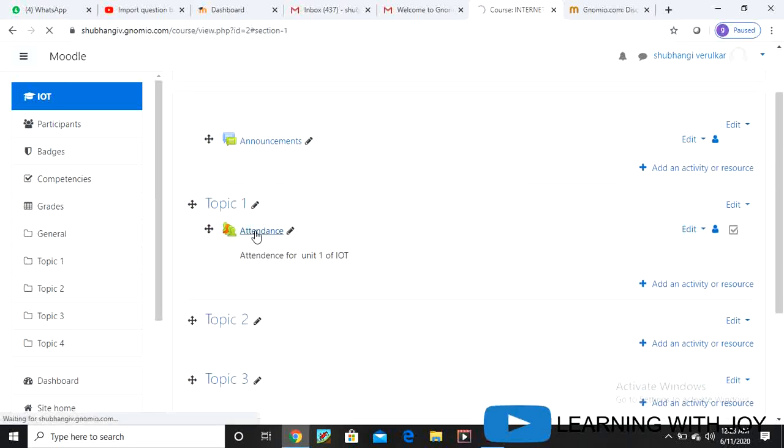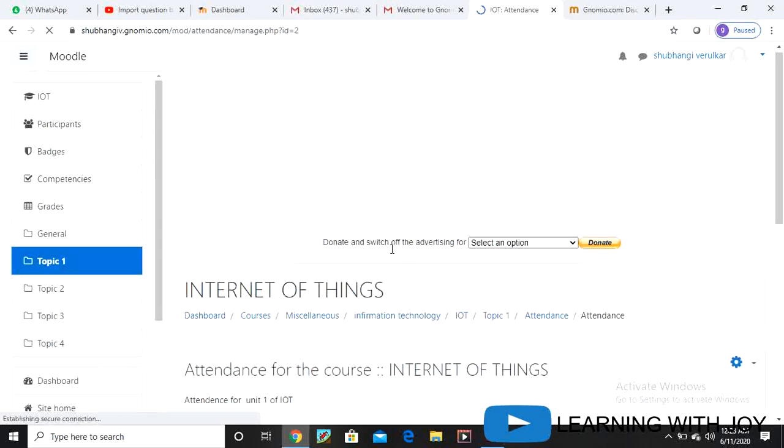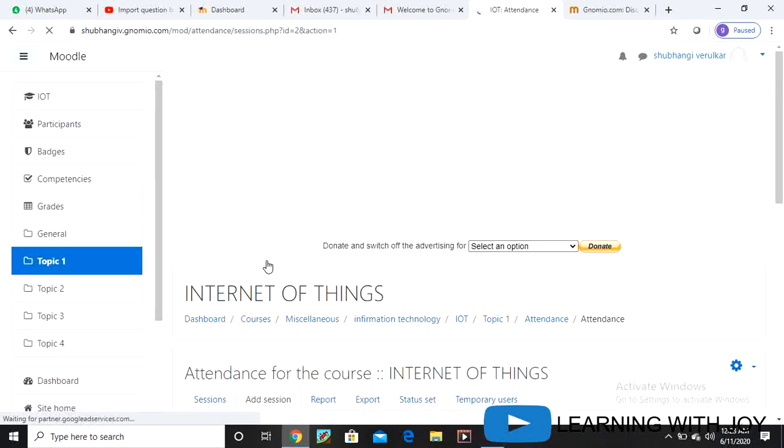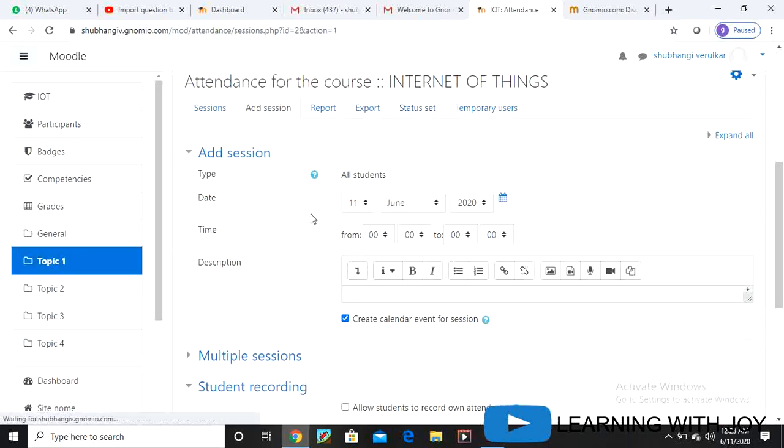So you can click on your attendance. When you click on attendance, you have to just click on add session. Now for which session do I want to mark attendance? 11 June. So 12 June.